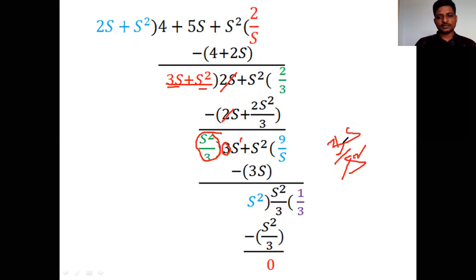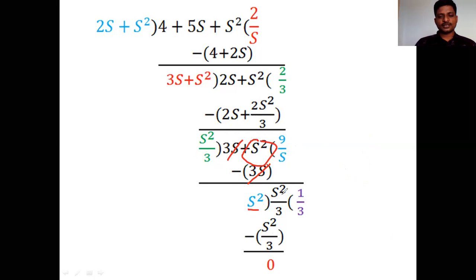3s here in the numerator you have to write. And here you have 3 in the denominator, therefore you have to write 3 in the numerator. So 3 into 3, that is 9. 9 by s square gets cancelled, so that you will get 9 by s. So like that you have to write. So 9 by s you have to write. If you multiply s square by 9 by s, you will get 3s. So 3s and 3s get cancelled, and there is a remainder, that is s square, written here.